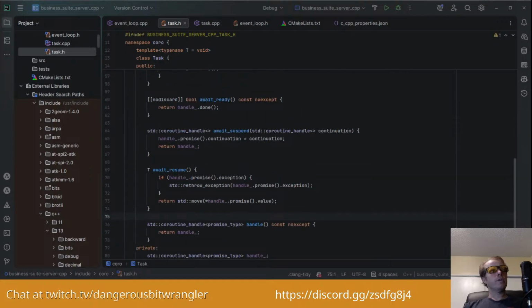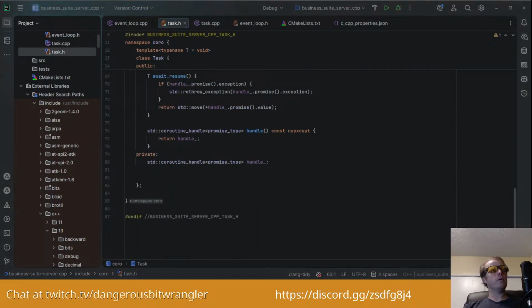Oh wait, there's actually an explanation here from AI on the await suspend. So it says it will store the parent and return, let's see, return the handle to resume. Interesting. Yeah, I don't understand. Okay, I guess we'll find out when we get some usages of it. Alright, let's move on to the next snippet here. Let's see what we build next.